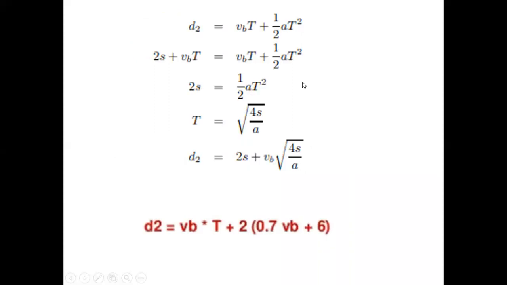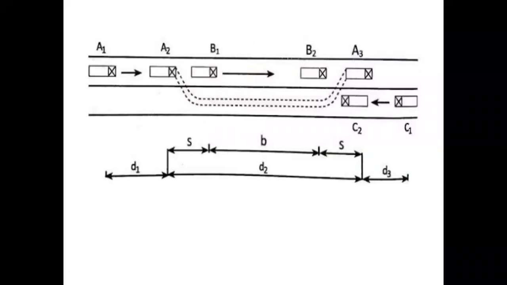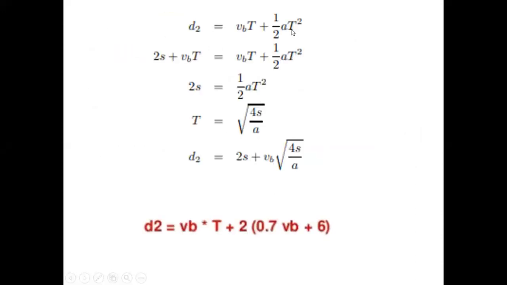Now I'll tell you, just imagine s is nothing but what? You have studied in your physics. That is the distance. u was what? Speed. t was time, right? And a is the acceleration. So same thing here, only thing I have changed it according to this scenario. Now what is happening in the overtaking operation? This will be the overtaking time, right? During this operation, the time taken to overtake the vehicle B, that will be the overtaking time. So that will be capital T here. So instead of small t, I'm shifting it to capital T.